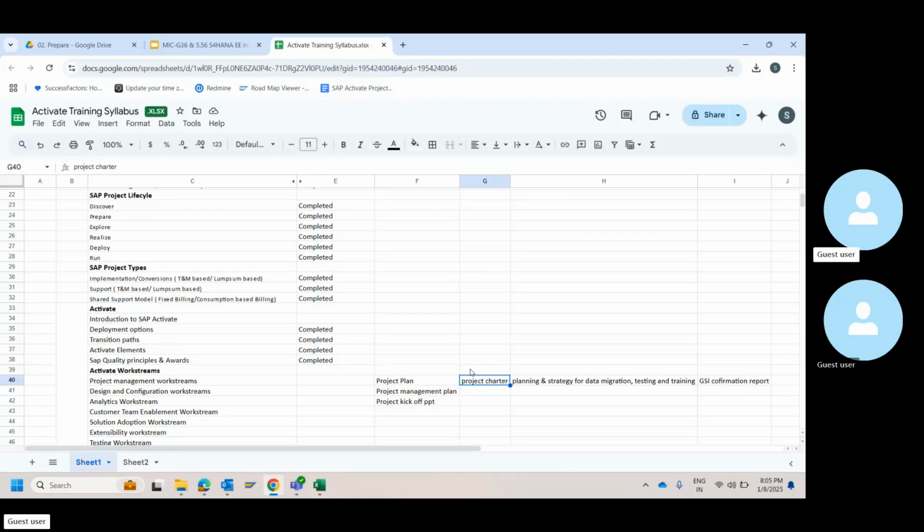Okay, fine. So project charter, wherein we looked at the scope. Yesterday we were also looking at that scope, right? Few scope details, which is technical scope, functional scope, integration scope, data migration scope, then testing and training scope. These are all the scope items that we will capture as part of the charter.